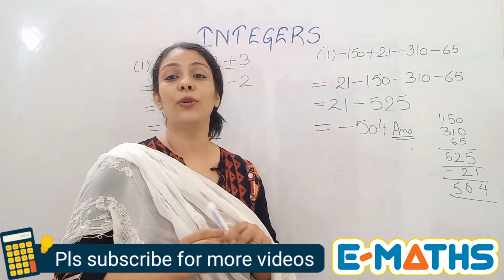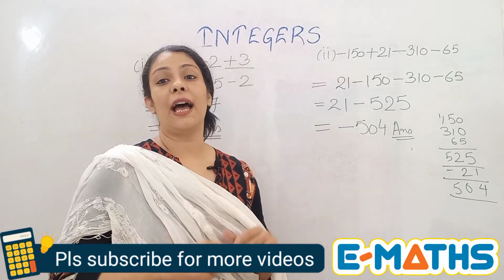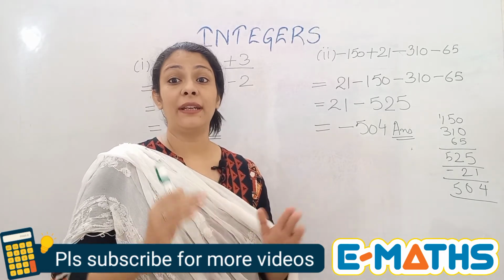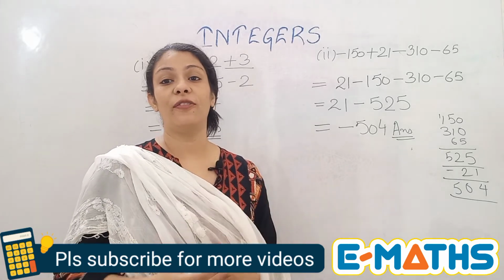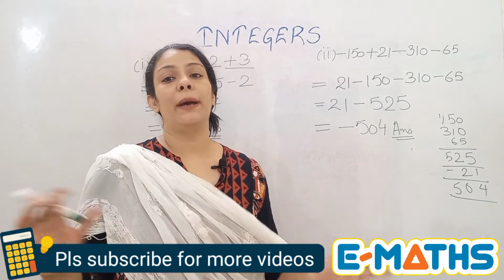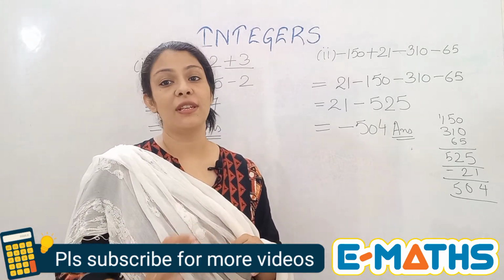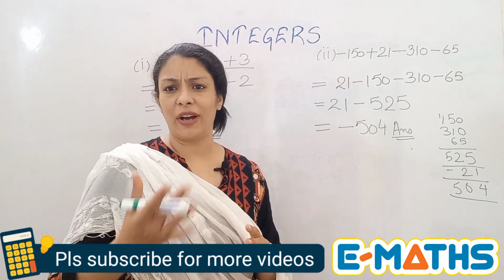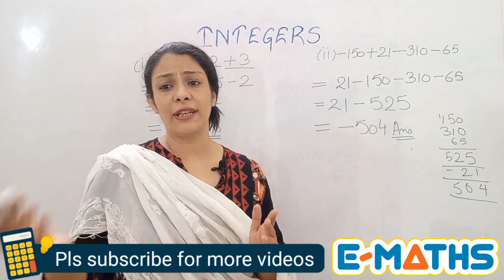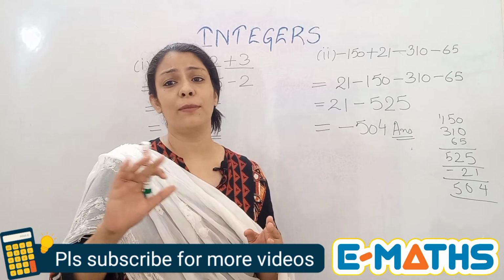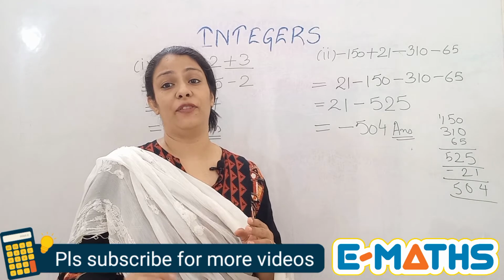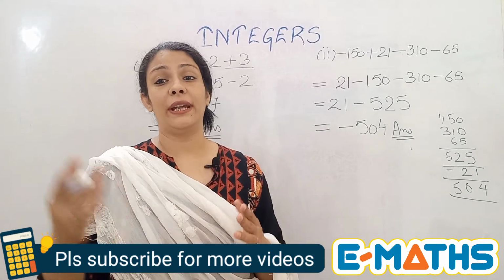That's it. That's how you solve integers having a mix of positive and negative numbers. So make sure that you remember that if there is a whole group of negative integers, you will simply add them up and write the answer with a minus sign. It is very simple, you just have to remember that. Addition, if you have 1, 2 or 3, any number, you just have to add them the way you do addition. There is no change in the sign or anything. But in subtraction, this is the most common error that children make. So make sure that you are not making this error if you are seeing 2 or more than 2 negative signs in a question.